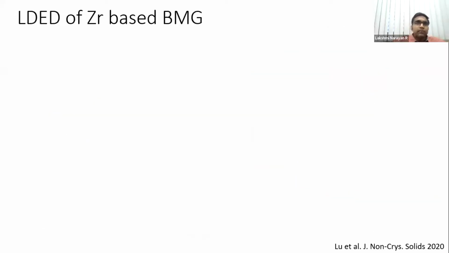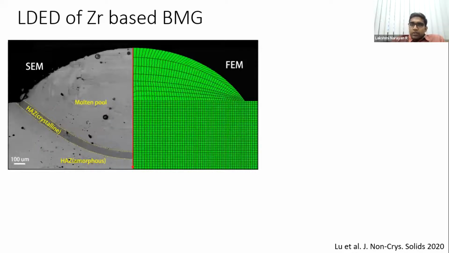I'm going to come to directed energy deposition now directly, and without going too much into the parameters, I'm only going to consider the laser power. Of course there is the speed of the laser scan, but I have fixed the speed and I'm not changing it at all. So laser power is the main parameter I'm concerned about, which will decide the energy density. What we did was a test with a single bead, and we examined the nature of the single bead, where the melt pool actually contains